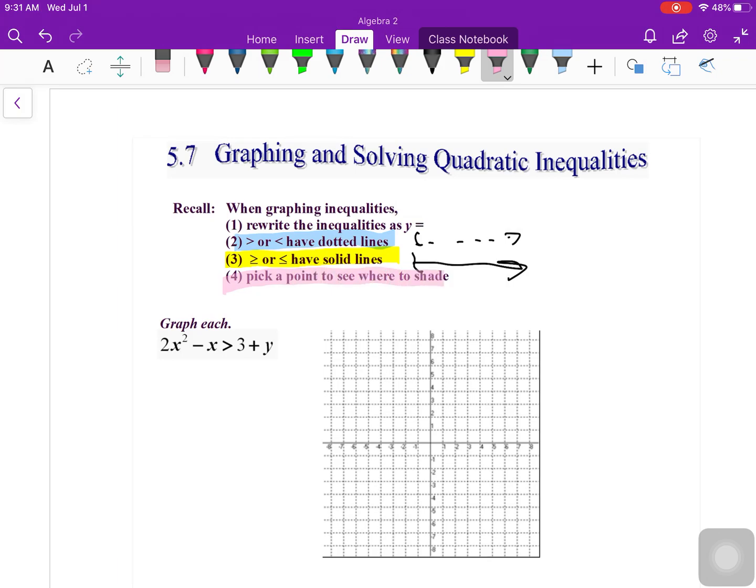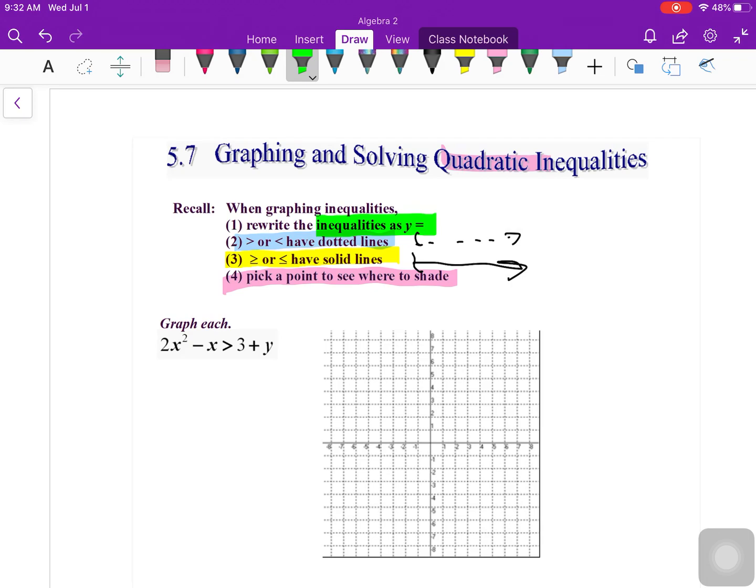And then with inequalities, you always pick a point and see whether you should shade where that point is or on the other side of the line. The only difference is that since these are quadratics, they're no longer going to be lines, but they're going to be parabolas. So they will either be a dotted parabola or a solid parabola. And we want our equation to read, again,